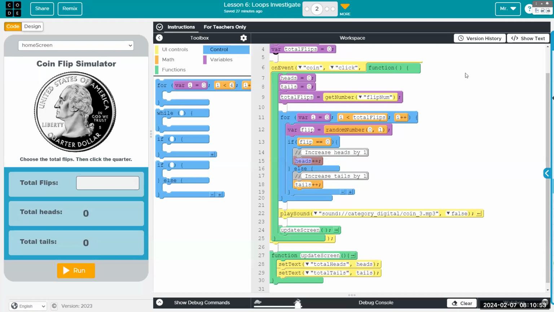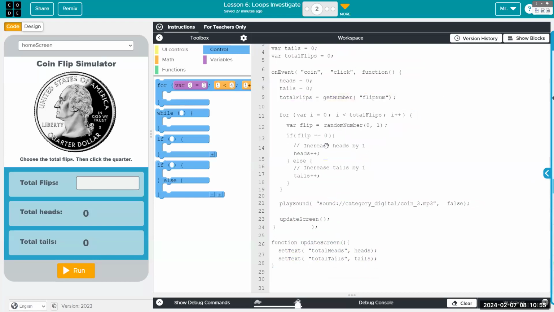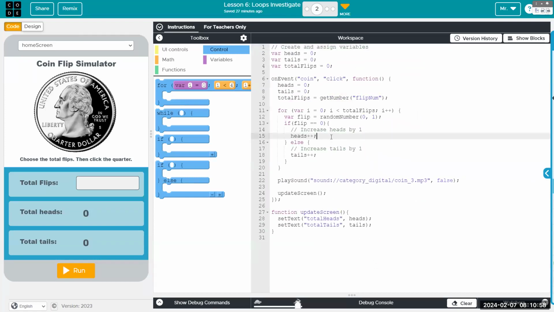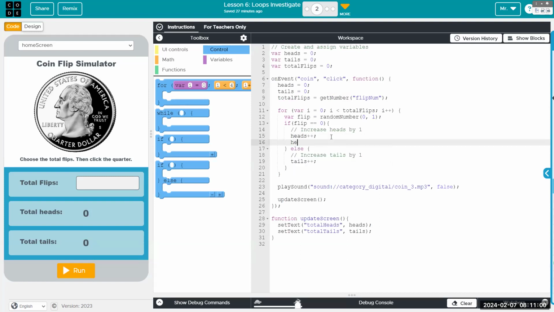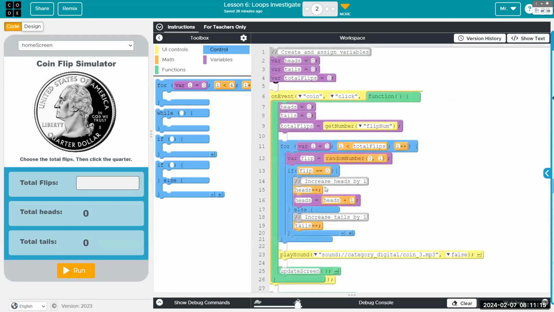And this plus plus, I'm pretty sure I've shown you before, but plus plus is the same thing as heads gets whatever heads used to be plus 1. Okay. Why does it say missing semicolon? There we go. Okay, so this is redundant.